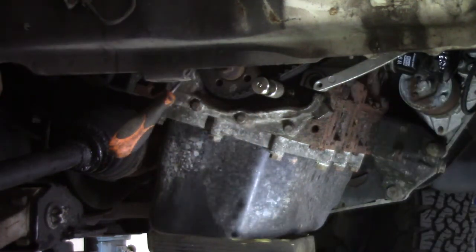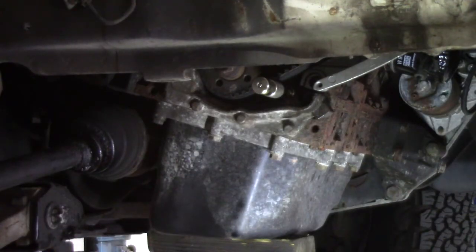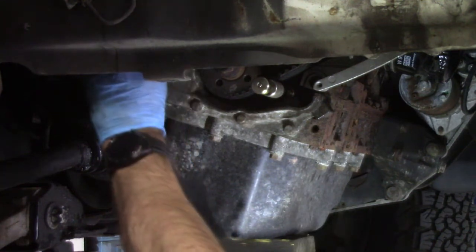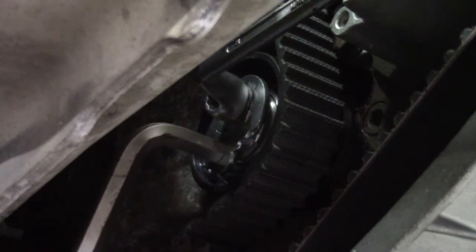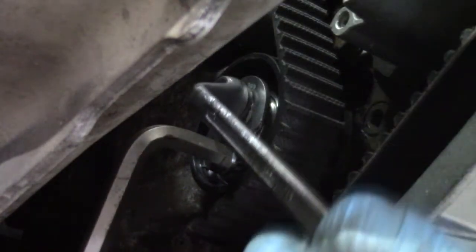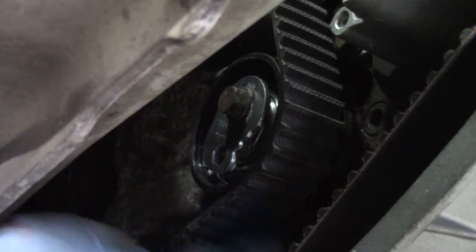So just screw the tensioner up by hand. Now you can take the screwdriver out, and in this case you want a 10mm Allen key and your 13mm spanner. So we line the dimple and the notch and nip the tension bolt up. Now we can remove the clips off the belt, tighten the high pressure fuel pump pulley up, take the timing pins out,